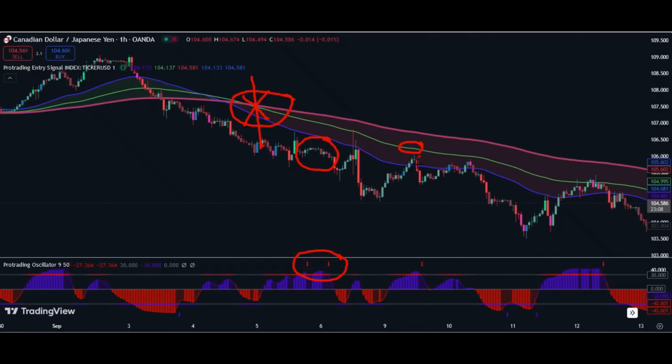Between this 50 and 100, when we get a signal and price is within this range, we can take the signal. But when price is between the 200 and 100 EMA and we get a signal at this point,